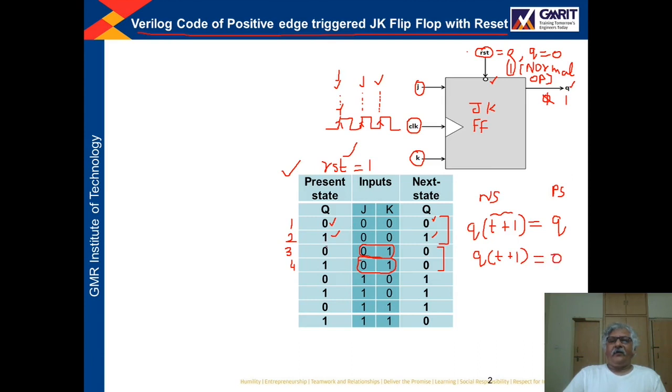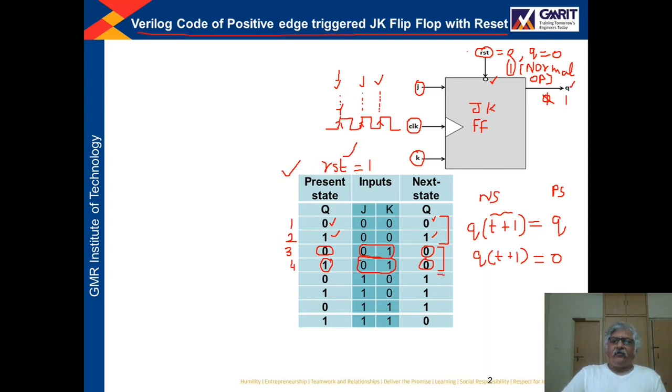You can see here in row 3, present state is 0, next state is 0. Present state is 1 and next state is 0. This means whatever may be the present state, if J is 0 and K is 1, then the next state will always be 0.